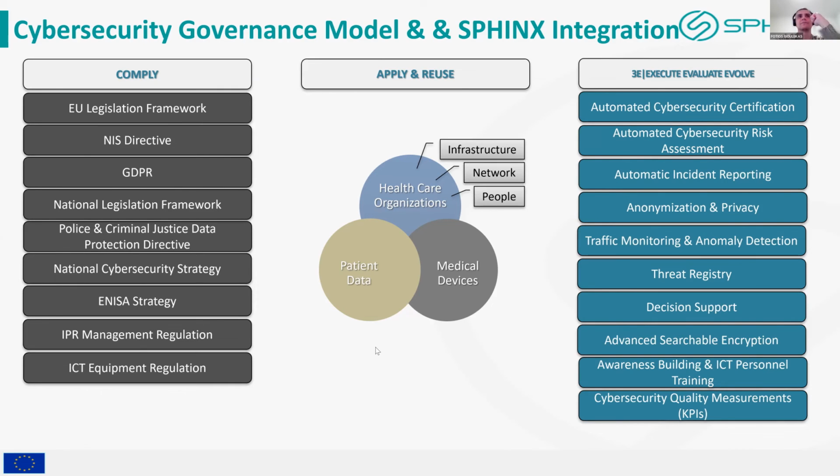Through these activities, we try to protect the organization in terms of infrastructure, network, and people, the patient data, and the medical devices. So we have three pillars that are necessary to be supported by our cybersecurity governance model. These are the regulations, the way that we apply and reuse the regulations, and the execution through the tools that we incorporate in our